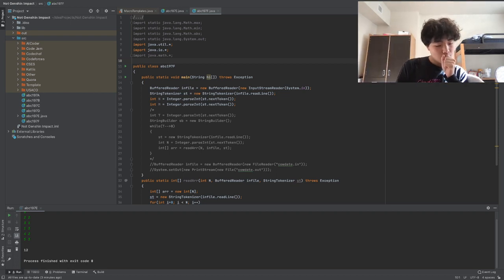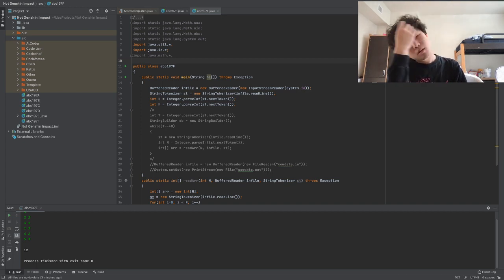Let's see. N is 1,000. Okay, a palindromic path exists from node A to B if